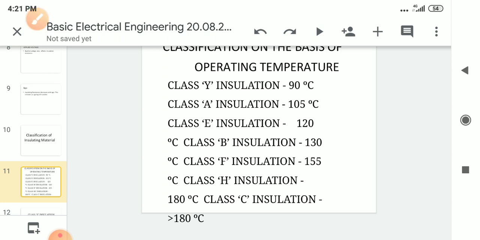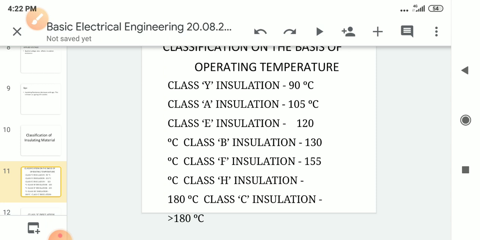Class E insulation materials. This class E maximum working temperature is 120 degrees centigrade. Enamelled wire insulation on a base of polyvinyl formal, epoxy resins, moldings, and powder plastics are the examples for this. After that,